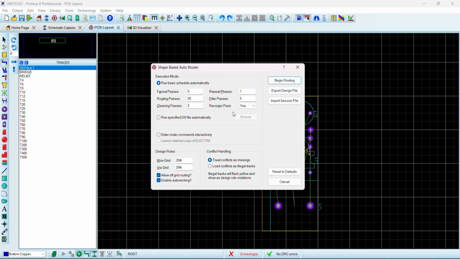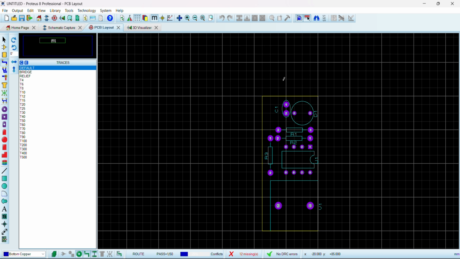So these are the default options. If you want to change them according to your specific requirement, then you can do it. Otherwise, by default, this is good. But with the passage of time, you will understand why this is important. Okay, so this is the wide grid. This is the 25th grid and 25th grid. So right now, instead of showing you some settings, I just click on this begin routing, and you see